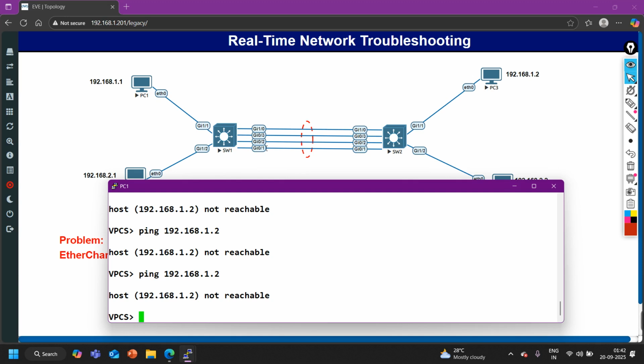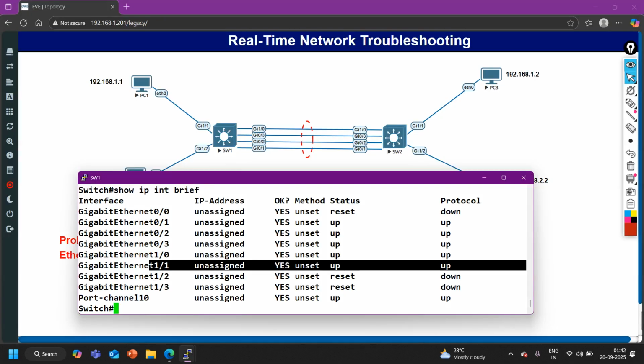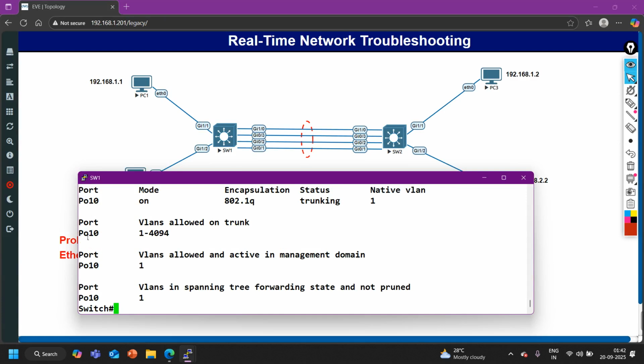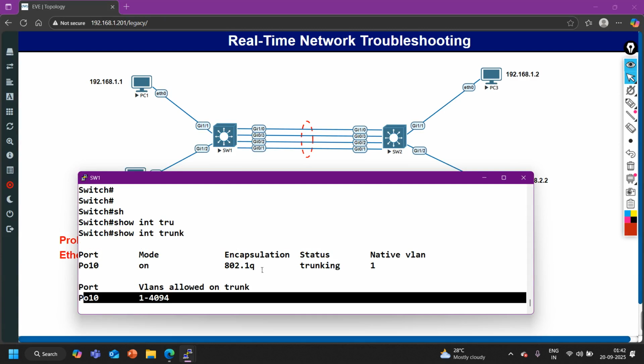Because obviously if these ports are configured as trunk, that means switch 1 will perform .1q tagging, and the ports on switch number 2 are not configured as trunk. So these ports cannot support the .1q packet or ISL packet, right? What is the encapsulation protocol? We can verify that as well. So show interface trunk, here you can see port channel 10 is trunk, all the VLANs are allowed, that is not the issue. And the encapsulation protocol is